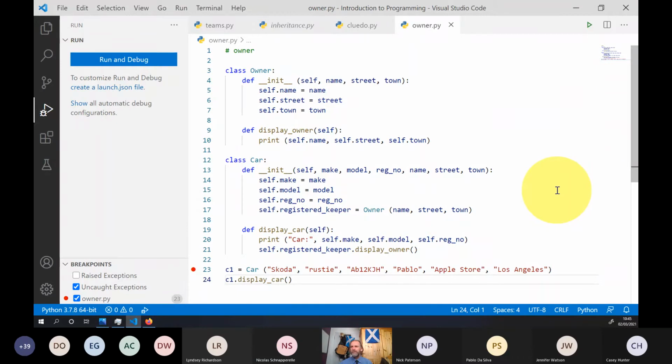Any questions, comments, anything about this code? Are we happy with it? Anything you're not sure about? But I guess the way you put the list together matters in that case. It doesn't realize Skoda is actually a car from the name. So if you switched Skoda with Pablo, it would say the make of the car is Pablo. Well, that's like any other variable. You can call it whatever you want. That's your problem to decide what that is. Yeah, I'm just saying the order of the list matters is what I'm trying to say.